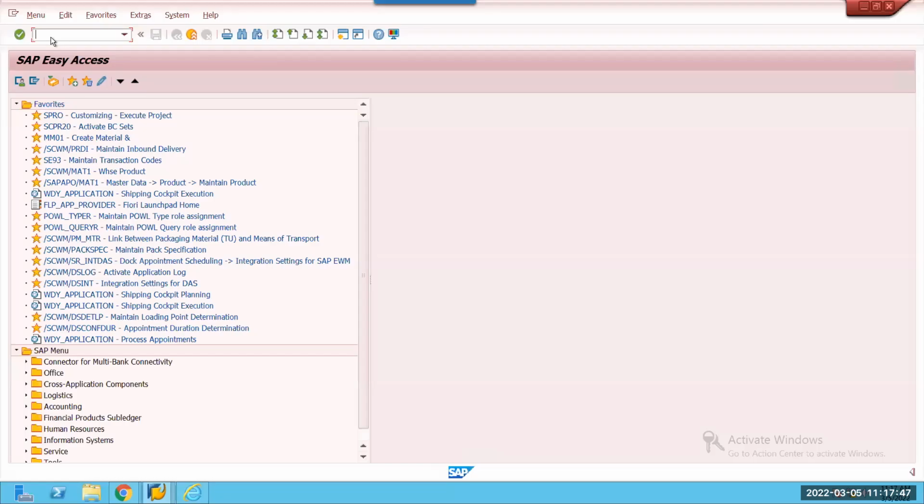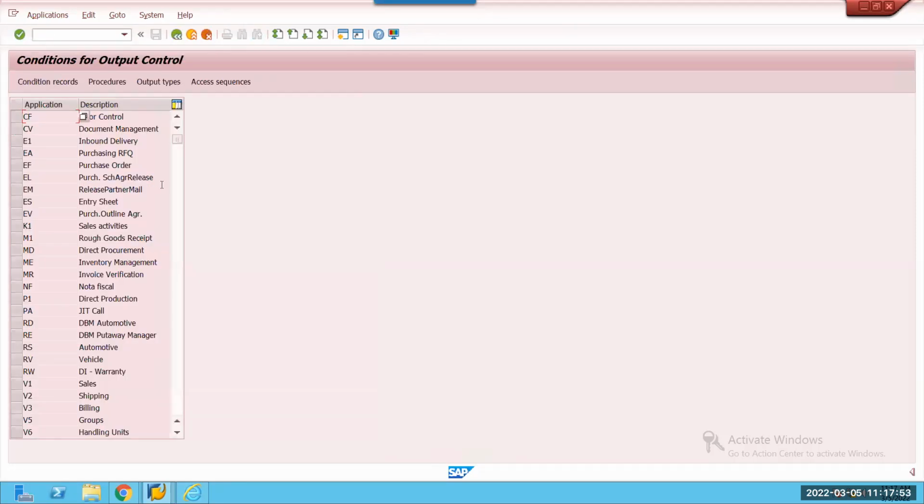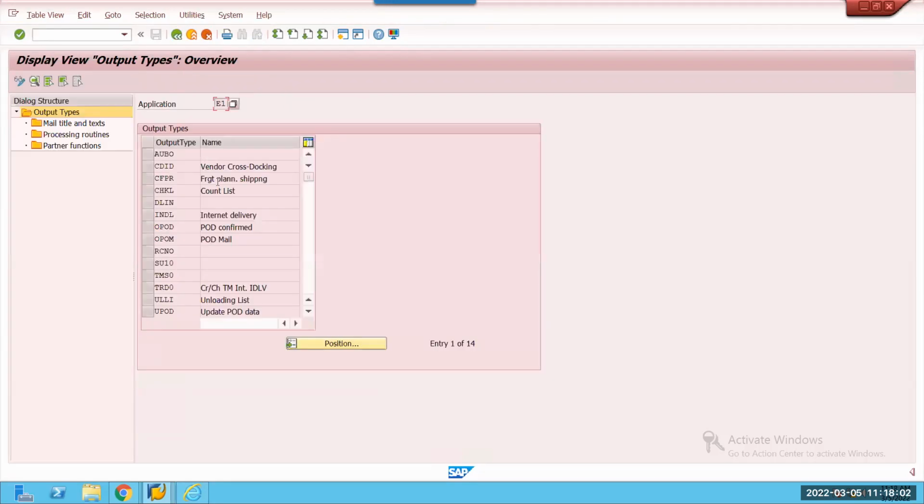EDI here, communication method. Select any one of the applications, then output types. Select any one of the output types and go for processing routines.